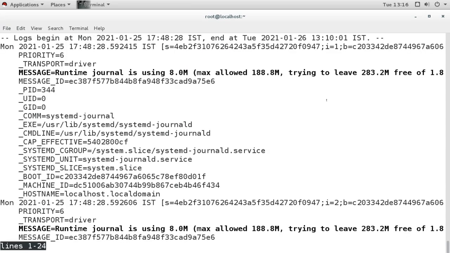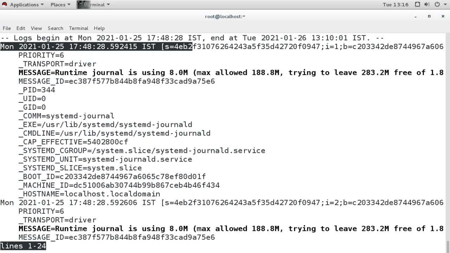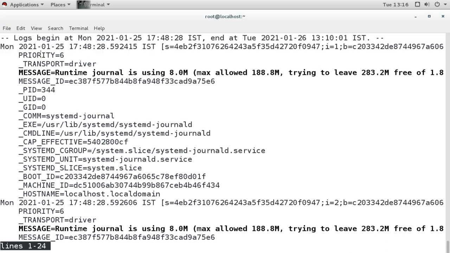You can see this is the message first, date and time, then other information, then the priority number. By the number we can say which priority it is, and then who is the transport driver, and the message.